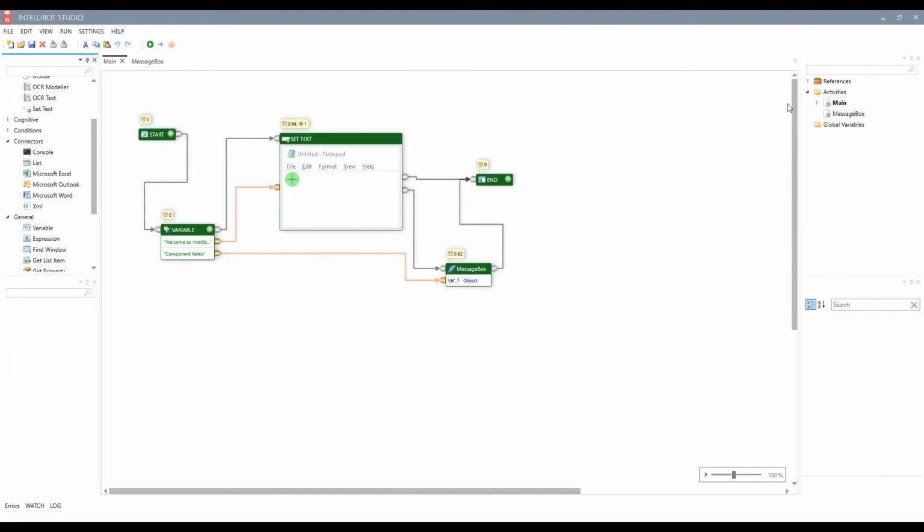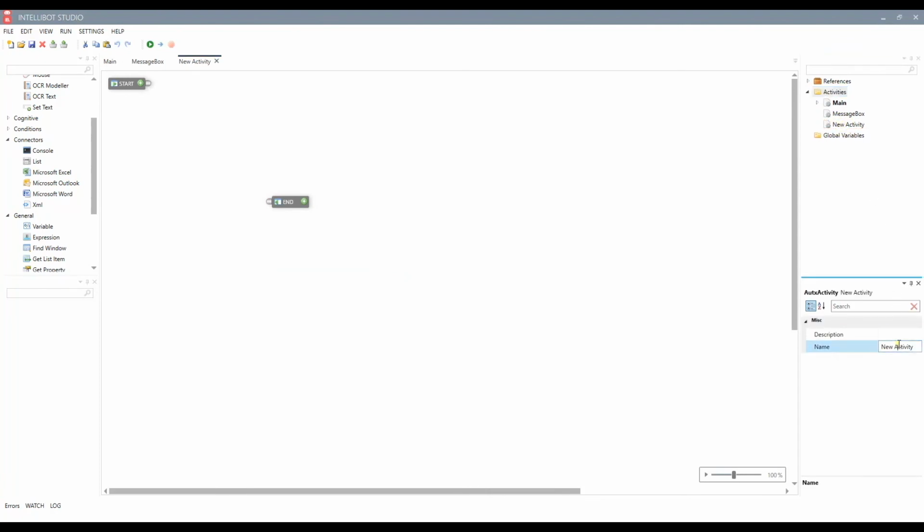To demonstrate the functionality of connectors, let's use an Excel connector. Let us first create a new activity and rename it as Excel Demo, then right-click on it and select Mark as Startup. This will change the default startup activity from main to Excel Demo. To add the Microsoft Excel connector to our Excel Demo activity, we will drag it from the toolbox onto the